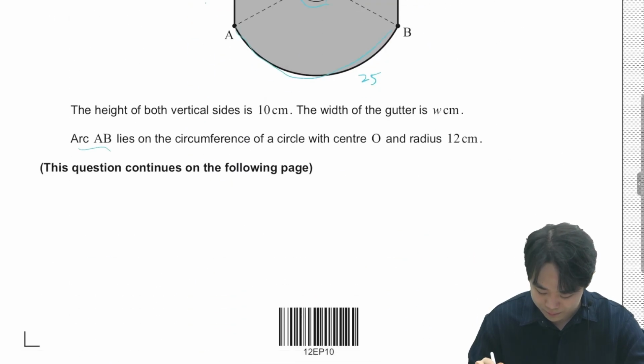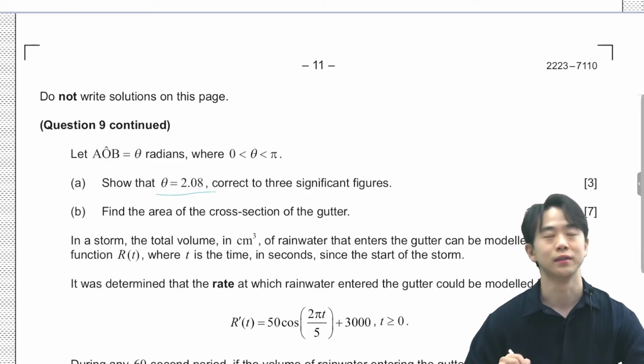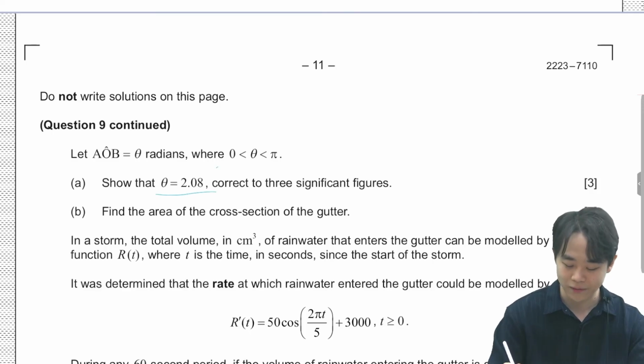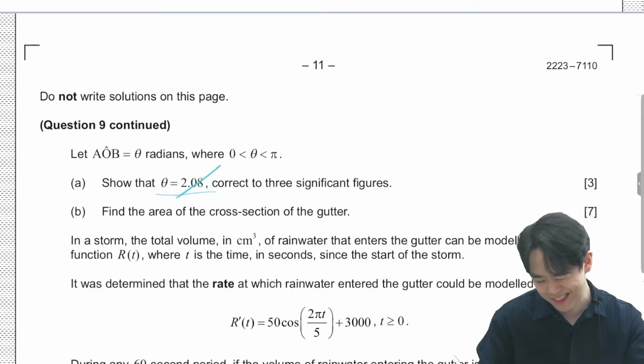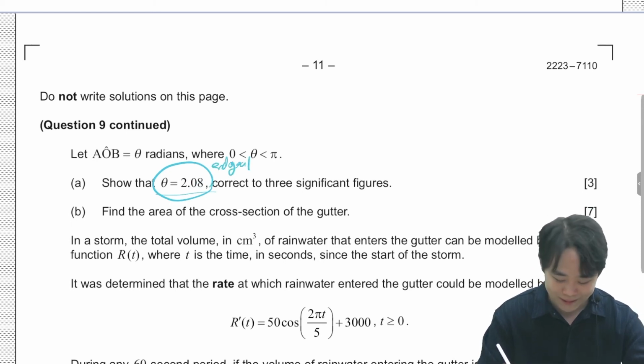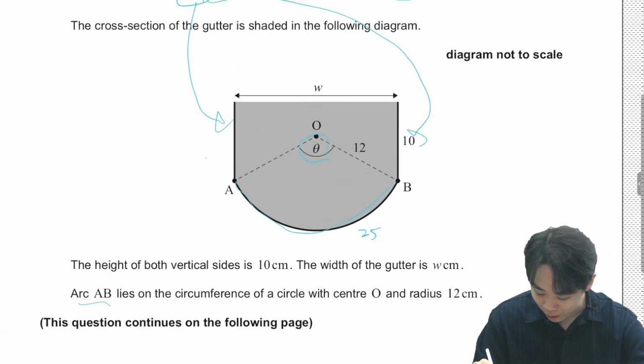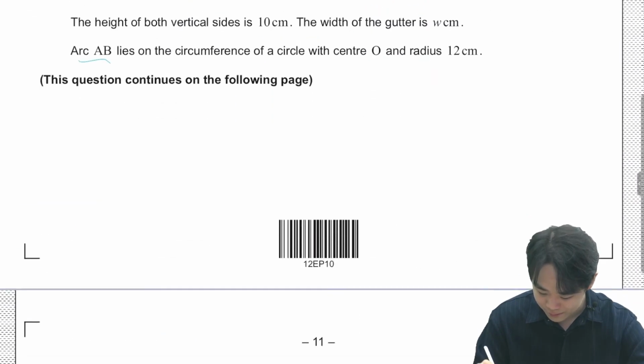Okay, so let's begin. If AOB is theta radians, let's show that theta is 2.08. So since it's a show that, we never want to touch this value. It's tempting to use, but know that this is the end goal. So we have to pretend that we're blind and we don't know what theta is going to be. Okay, so we know that arc length AB